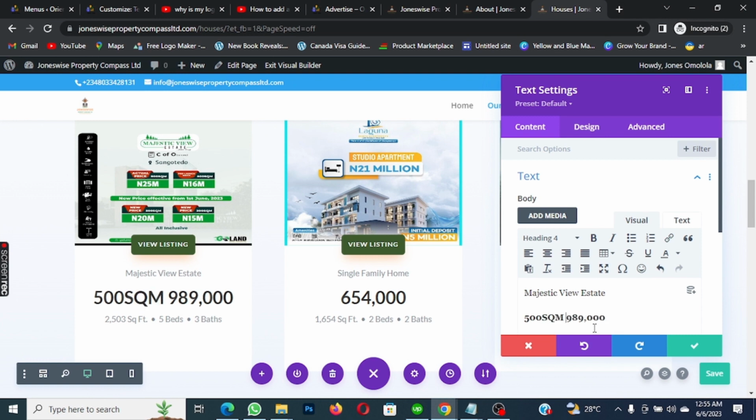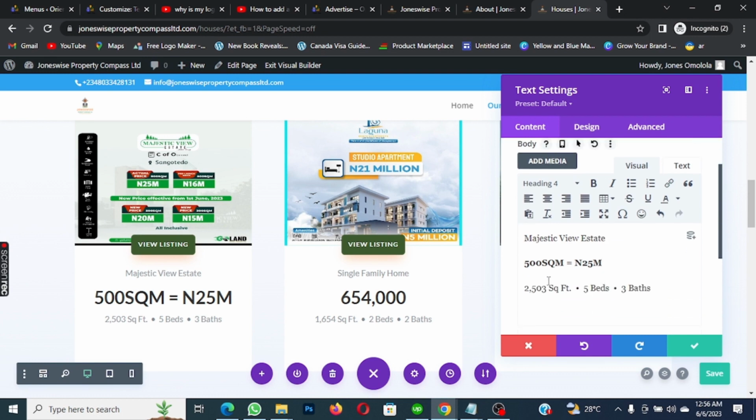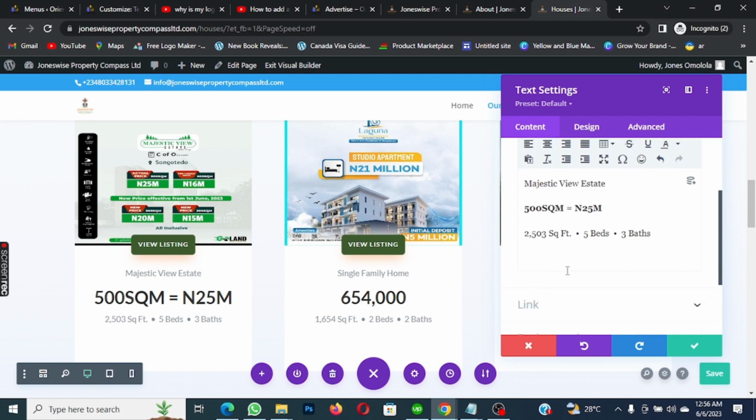500 square meter is equals to what? 25 million naira. 25 million naira. So that is it. Then the next thing you're going to do is to write the C of O